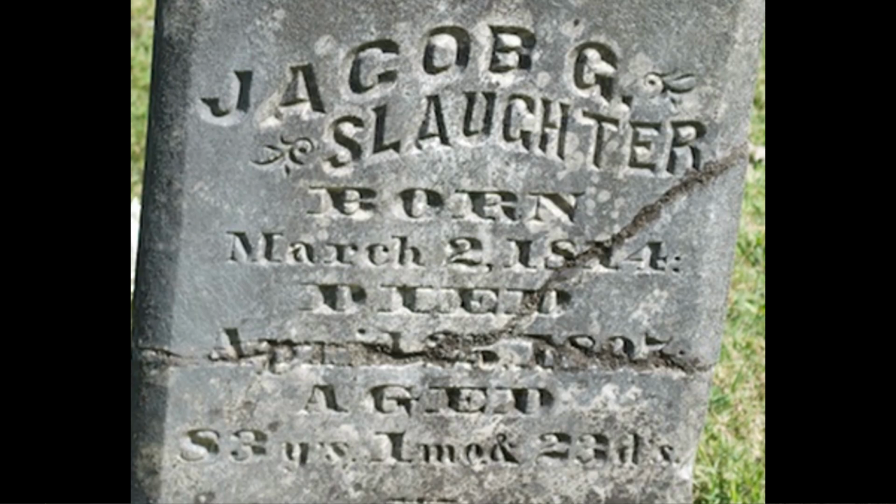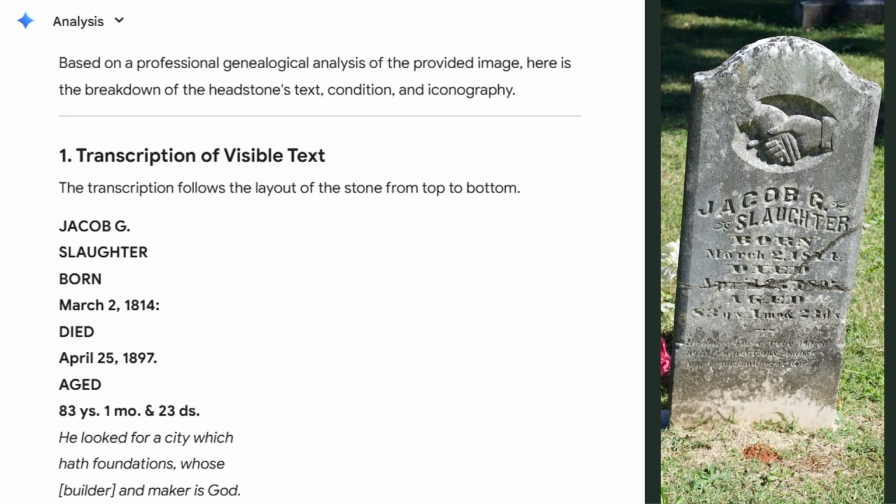And of course, the birth date has a crack, but I wasn't quite as concerned about that one. So I gave it to AI, and I really didn't know what to do with this. At the very bottom of it, there was this inscription. And I just said, oh, I can make out the "he" at the beginning. I just kind of gave up. So I gave it to AI, and here's AI's response.